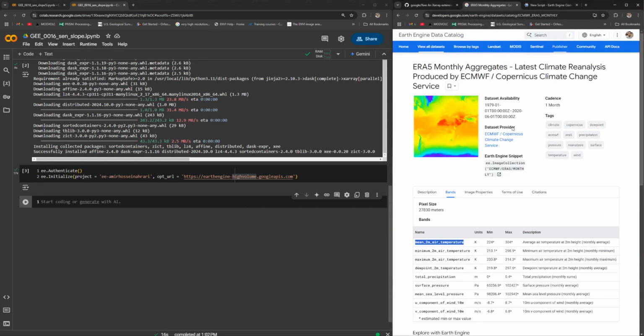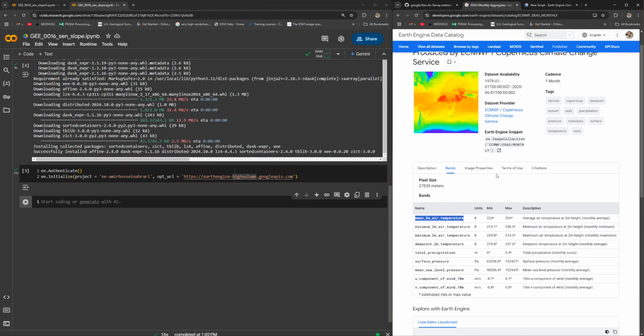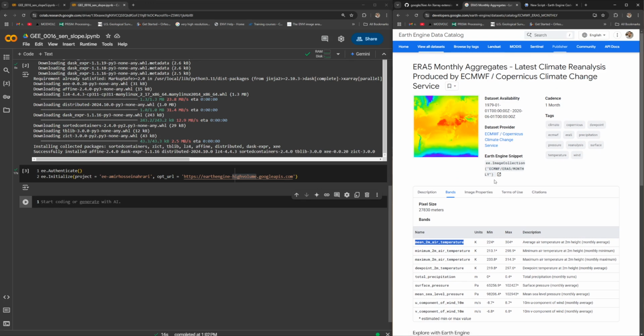In this tutorial, I'm going to use ERA5 monthly aggregates, the temperature data. No matter which kind of data or what your data variable or region of interest is, you can use this tutorial for all around the world. Because in the Google Earth Engine, if you go to browse by tags, you can find a lot of